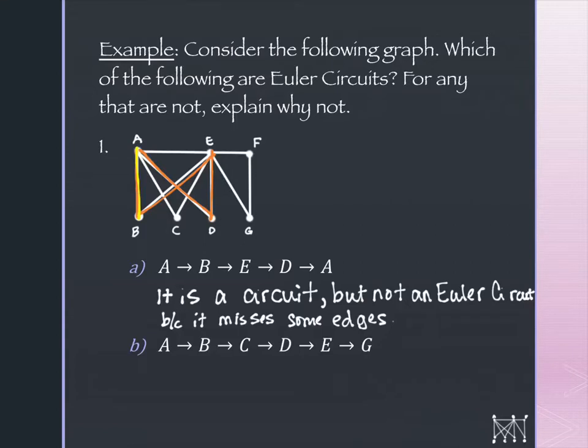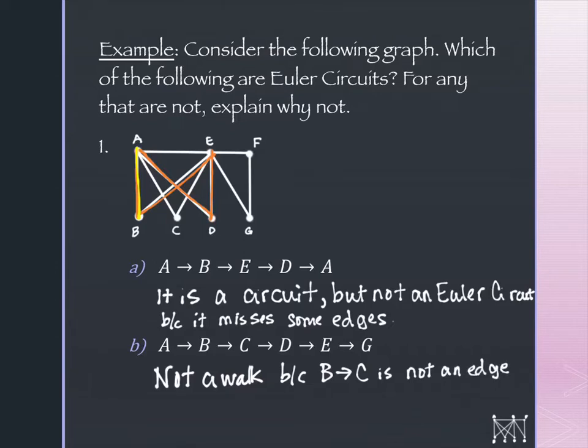And so let's actually write that down. So it's not a walk, because B to C is not an edge. Let's assume for the moment that it were, and let's just keep going and see what else we have as potential problems. Let's say that there's actually an edge connecting B to C. So if there were, I'd go from A to B. I'll keep coloring in yellow as though it matters. A, B to C. C to D,